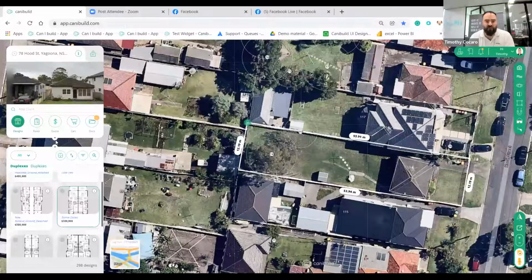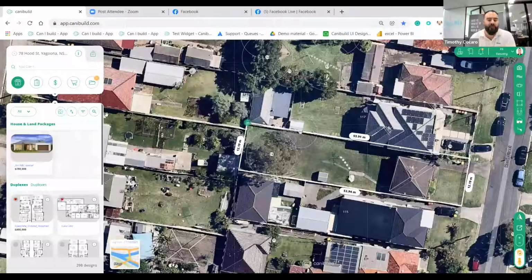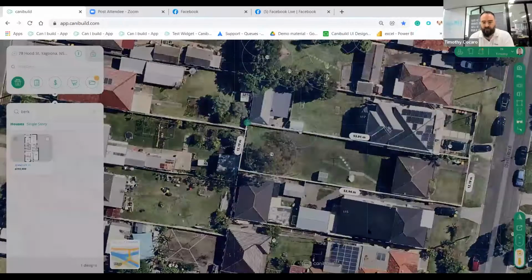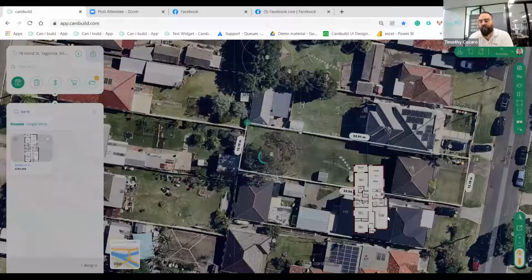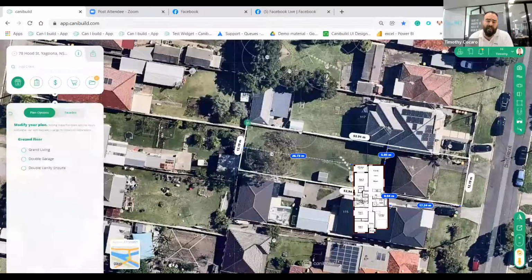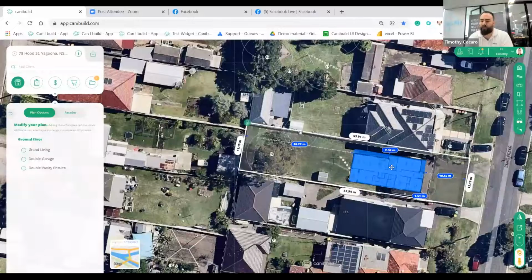select the design. So let's just start siting a property with the understanding that we're going to be doing a package. Then we can simply search a design, click on the design and place that onto the property as per normal. I might also take this opportunity to touch on the design options that you're able to do as well, which is a feature that came in the last webinar, late last year. But regardless, we've got a floor plan here, we've placed it onto the site, and you can notice on the